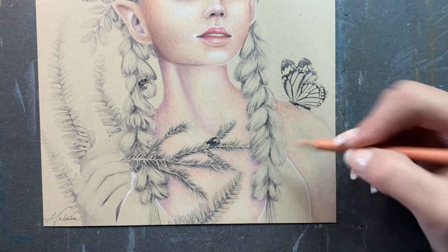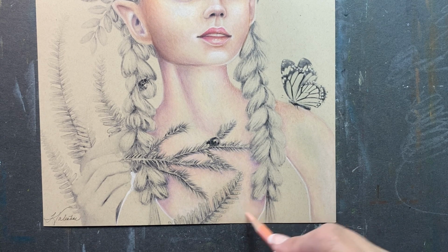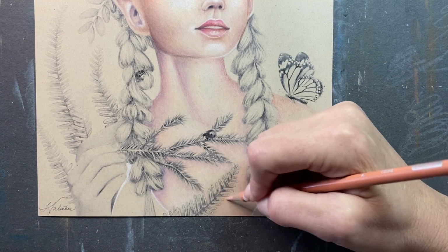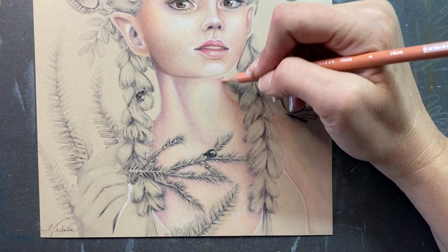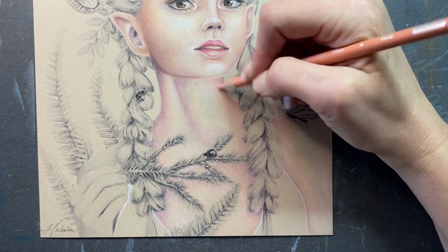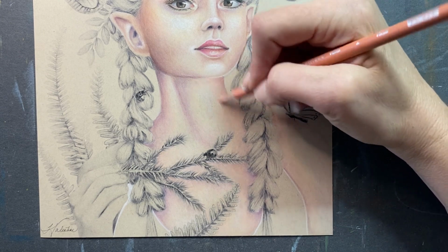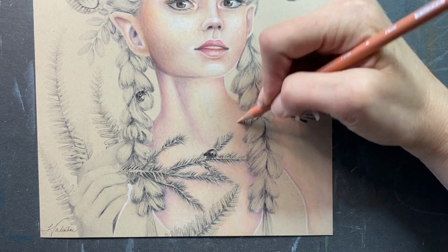And I've heard a lot of people mention that they don't like using blender pencils, or they say, oh, they don't work for me. Generally, I would say that it's probably because you're trying to use it with not enough pigment down on your paper. There has to be enough stuff on the paper for that blender pencil to move around and